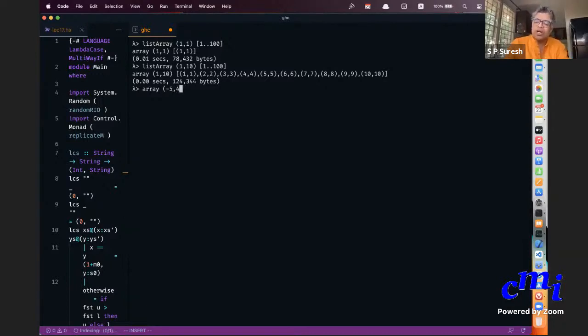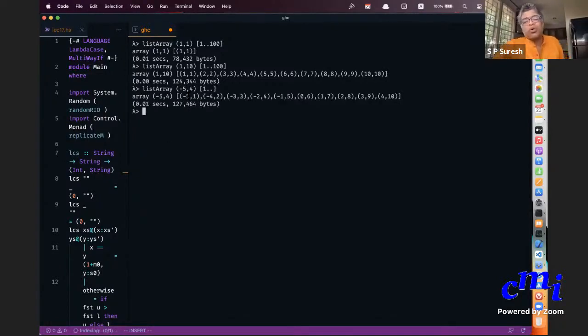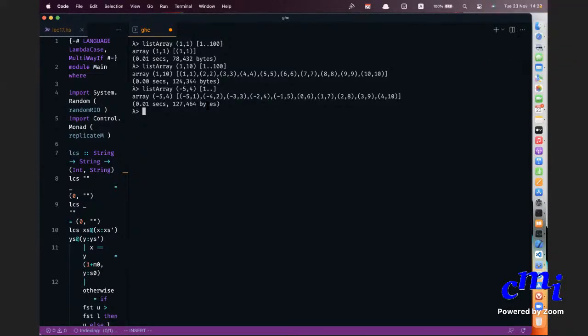So for that you will say list array, my lowest index is -5, my highest index is 4, and my array is 1 dot dot. So now at position -5 you have 1, at position -4 you have 2, at position -3 you have 3, etc. Don't ask me what negative positions. These are just indices. You can choose them to your convenience.